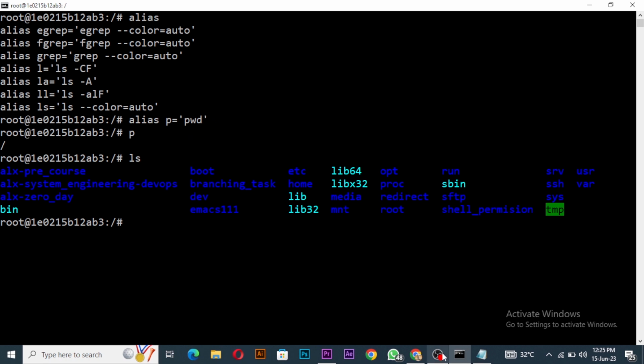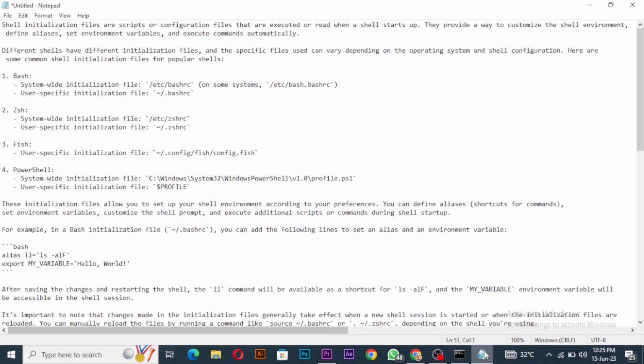So that's what initialization files are for. They help you manage scripts and aliases, and you can even set environment variables. If you can recall from variables as well, when you restart your shell, you are not going to find those variables that you set, right? Those local variables are gone. So you can put them